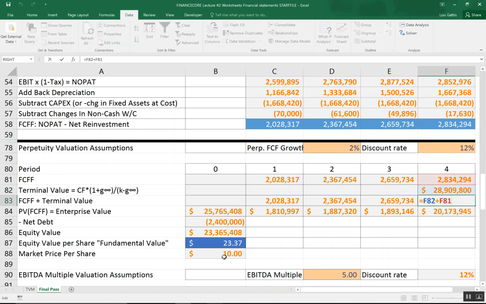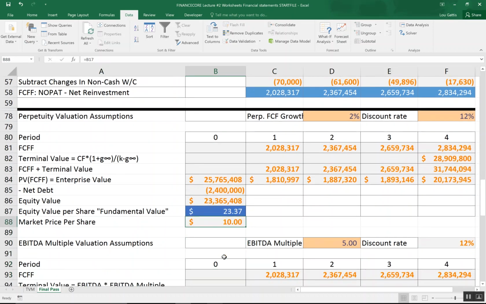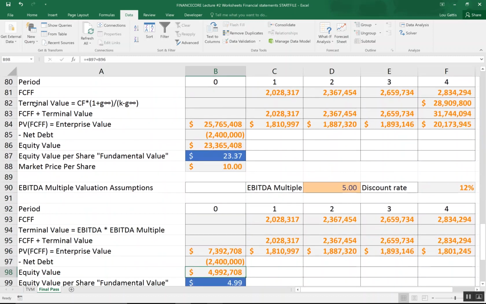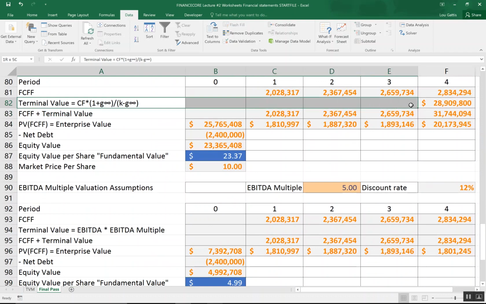I then summed those up, took the present value of all free cash flows, and that tells me my total enterprise value. Subtract out my debt. There's my equity value. Divide that by number of shares, and there's my equity value per share. And if the stock is trading for $10, it's looking like a great buy. Now, there's one other way of handling this terminal value, and it's probably the more common way. That more common way is to do this. Calculate the terminal value